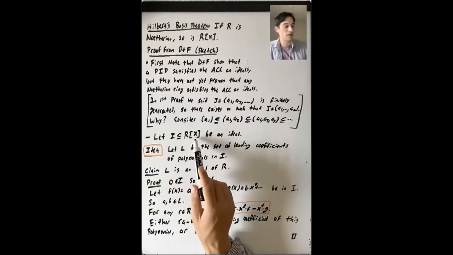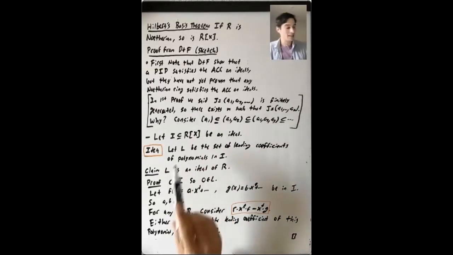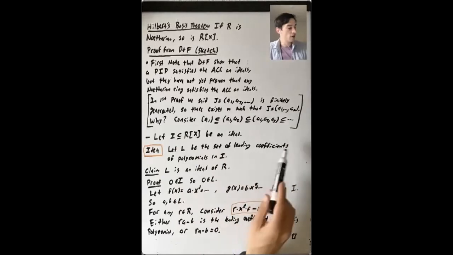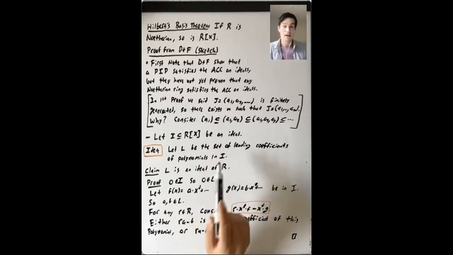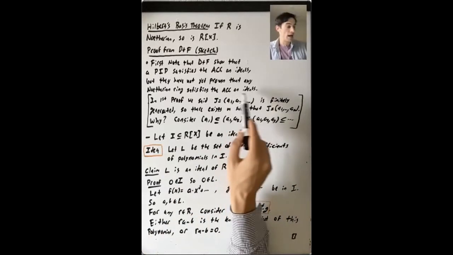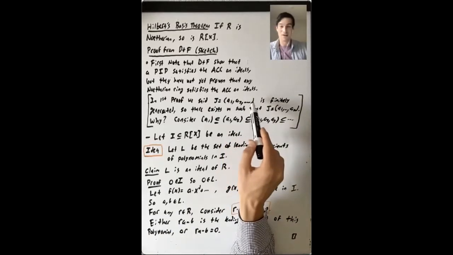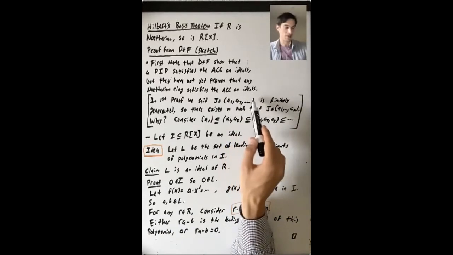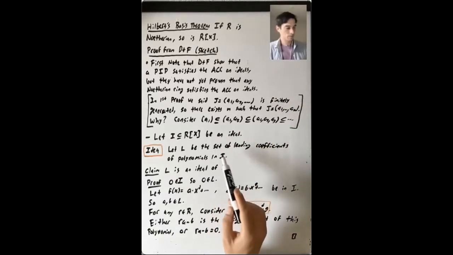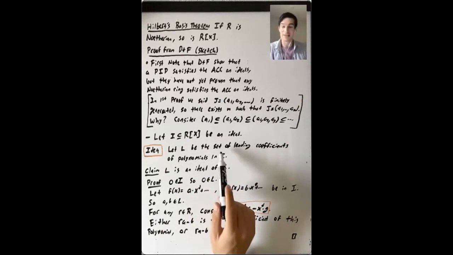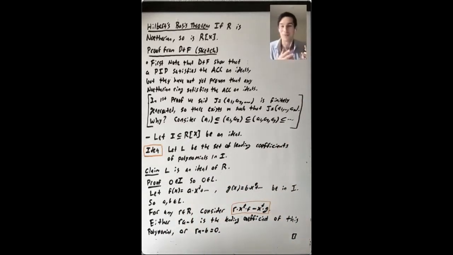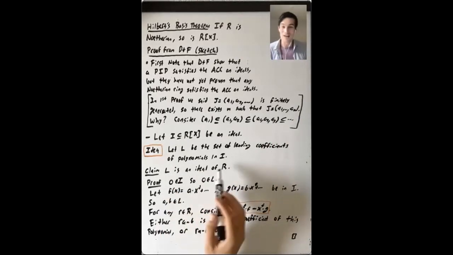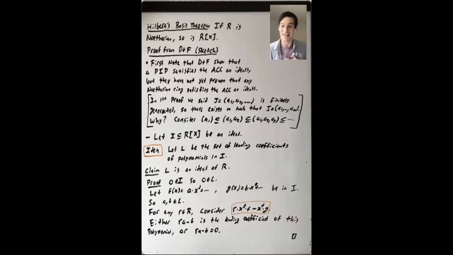Let's say I is an ideal in R[x]. The idea is going to be to consider the set of all leading coefficients of polynomials in I, not the ideal generated by a sequence of chosen polynomials in I, but let's just take all the leading coefficients of all the polynomials in I. That is an ideal. And okay, I prefer the first proof that I gave of the Hilbert basis theorem, but this is a cool fact, and I want to prove this anyway, even though we didn't need it in that first argument.